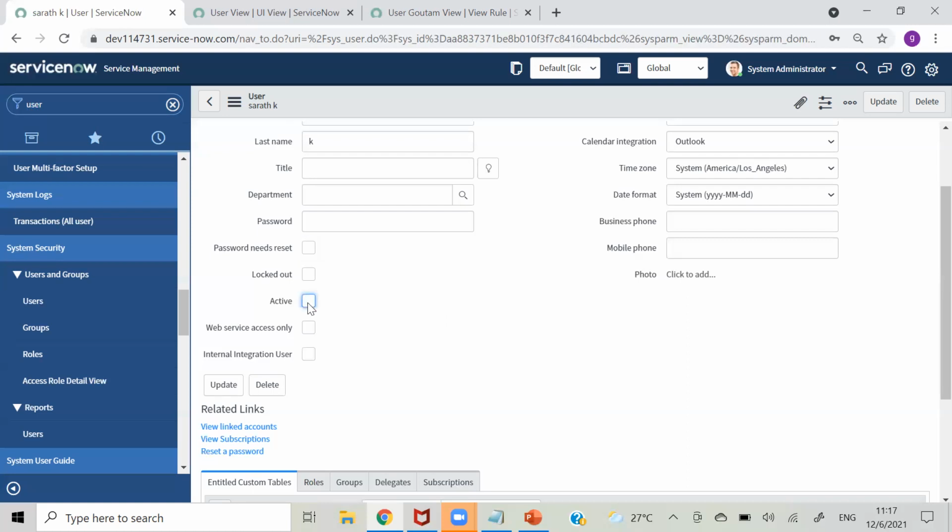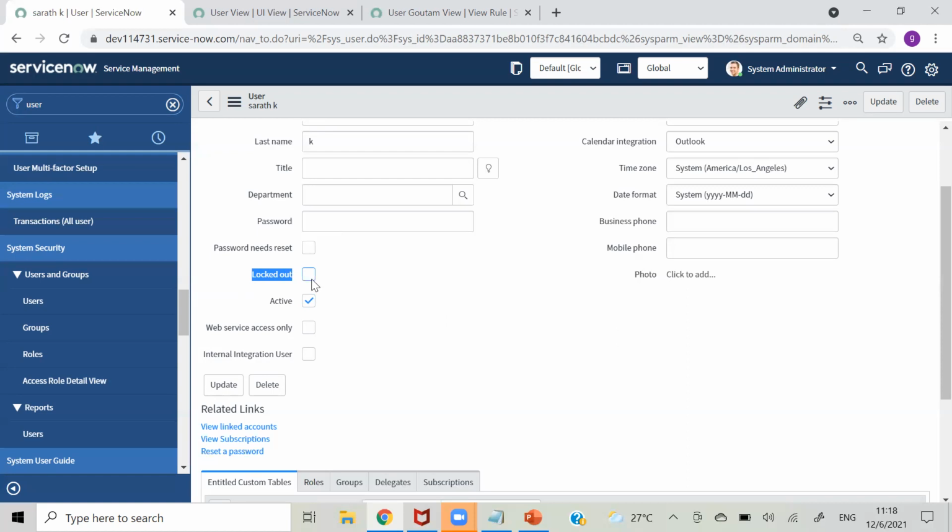If you remove this, he will not be able to log in. So what we do, we remove this and we lock out that user. So if he is inactive and locked out, that person will not be able to log in into our system. He will not be able to log in into ServiceNow.